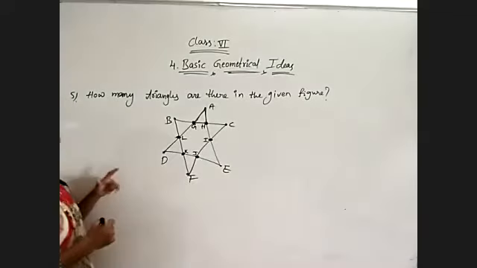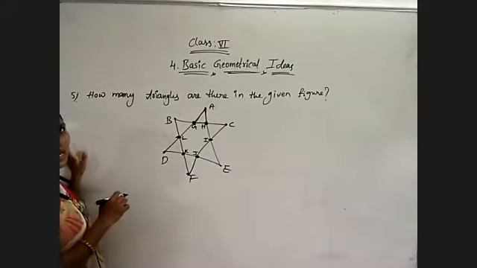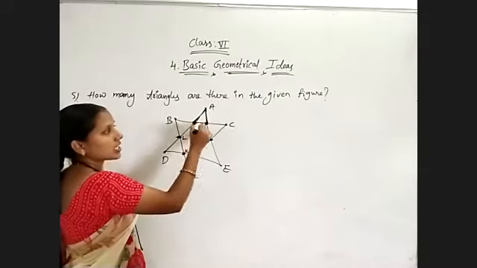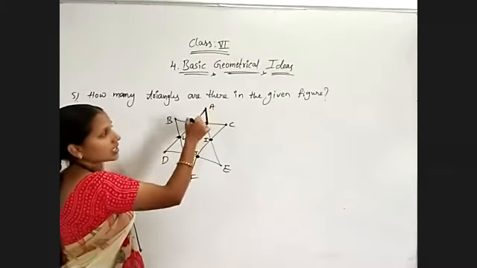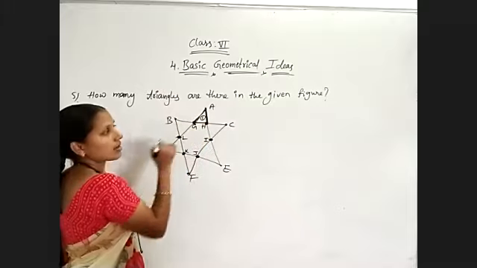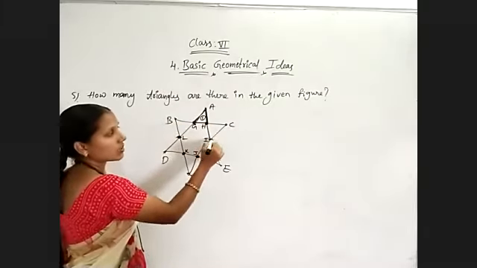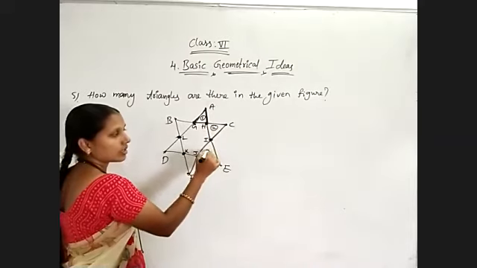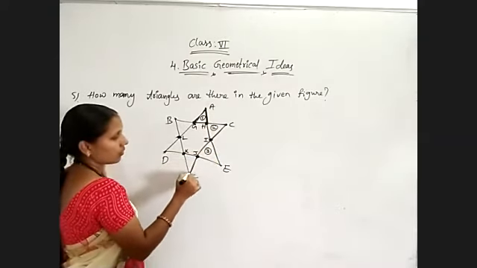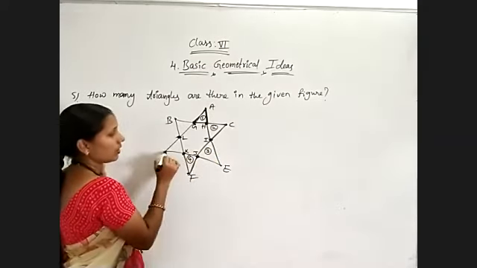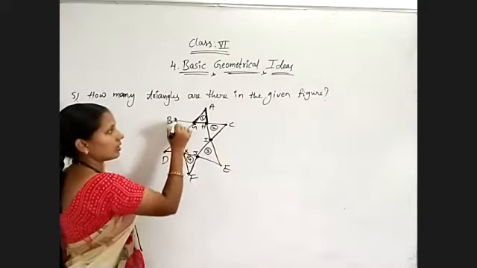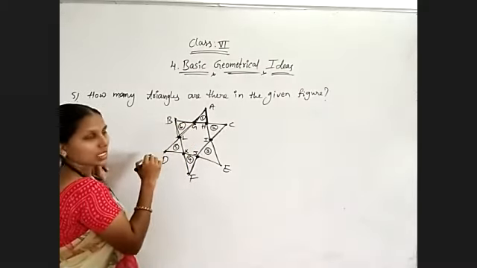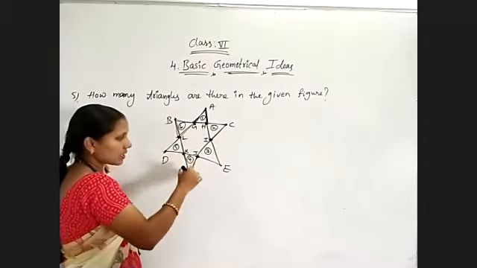Now we need to identify how many triangles are there. Just observe, a triangle is nothing but a shape made up of 3 line segments. So AG, GH, HA has 3 line segments. So this is my first triangle. And observe this one also is a triangle. Second triangle. Third triangle. Fourth. And fifth triangle. Sixth triangle. Okay? Total 6. Just observe, this is the bigger one.